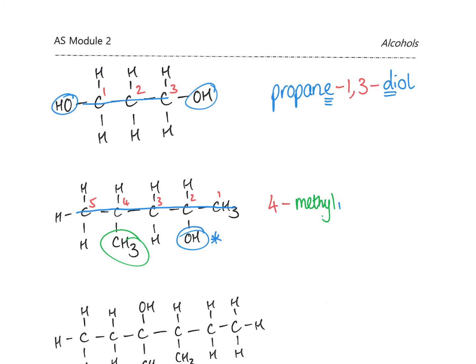Our longest chain is 5, so that's pentan. There's only one hydroxyl group, so it's just pentan, not pentane. And that hydroxyl group is on carbon number 2, so it's pentan-2-ol. So 4-methylpentan-2-ol. So what I'd like you to do is go on and name the rest of the alcohols, remembering to